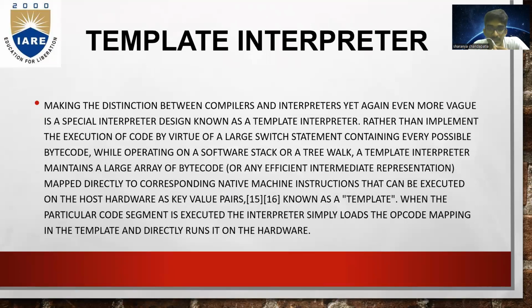Making the distinction between compilers and interpreters yet again even more vague is a special interpreter design known as a template interpreter. Rather than implement the execution of code by virtue of a large switch statement containing every possible bytecode while operating on a software stack or a tree walk,